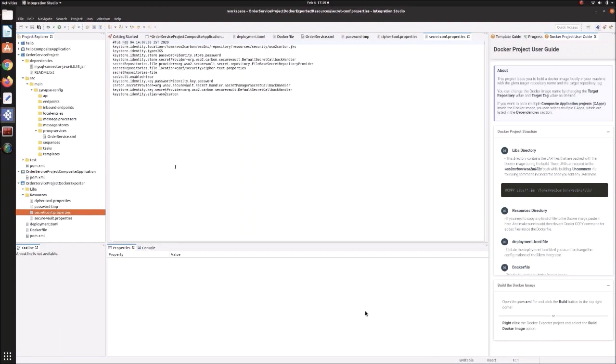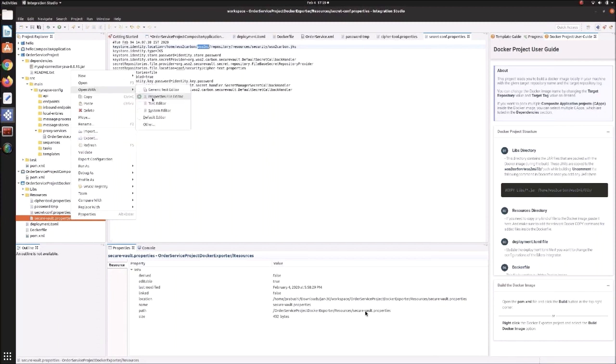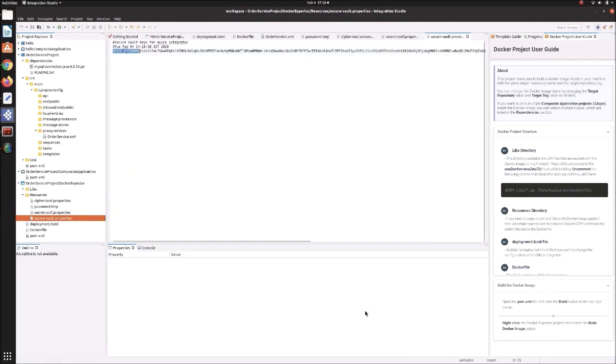Here we have to make sure the key store identity location is configured corresponding to our base image of the Micro Integrator, because when we run Secure Vault on our local machine, the path will be set as an absolute path according to the host machine. So we have to change it according to the base image. Finally, we have the Secure Vault properties file, where our secret alias along with the encrypted password is there.